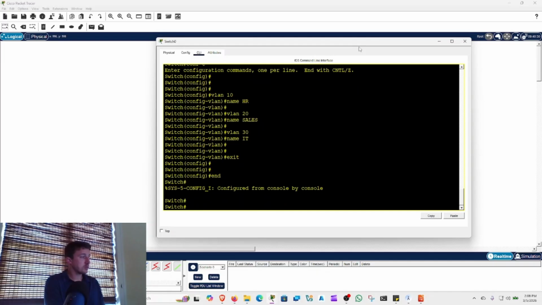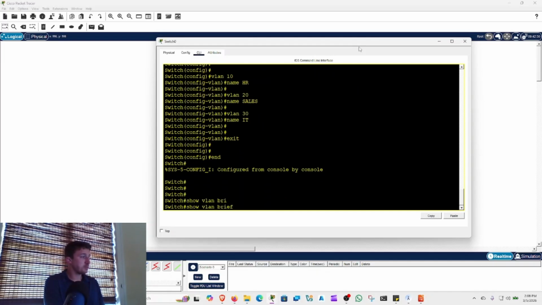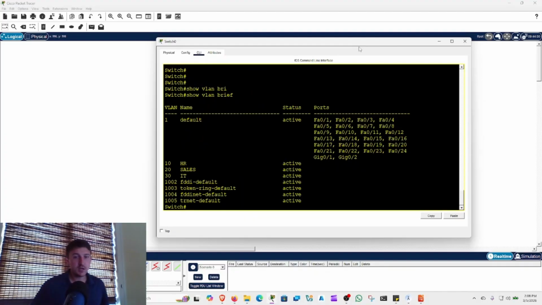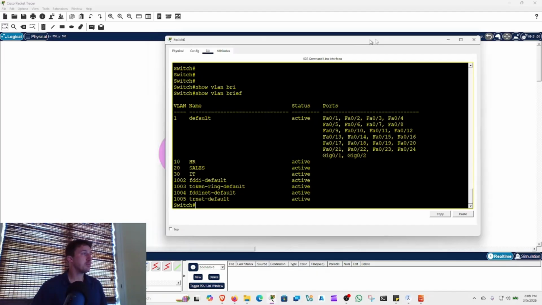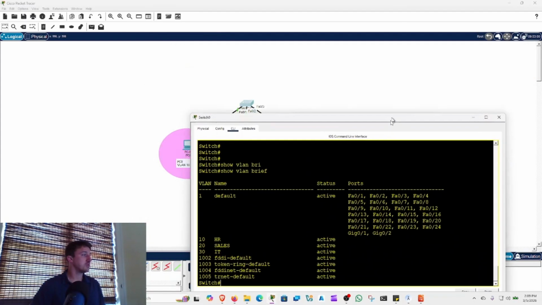And okay, so if I do show VLAN brief, okay guys, so now we have 3 new VLANs set up. VLAN 10, VLAN 20, VLAN 30. Okay, but we don't have any ports configured for them yet. So the way we do that is I just check to see, okay, what ports are connected. So we have